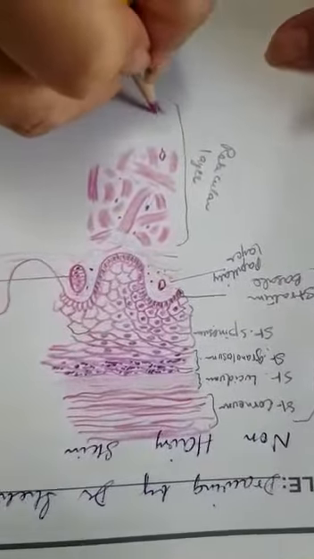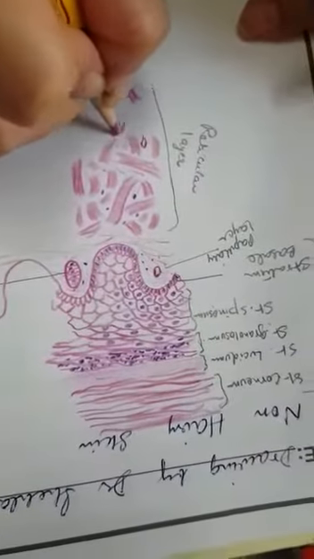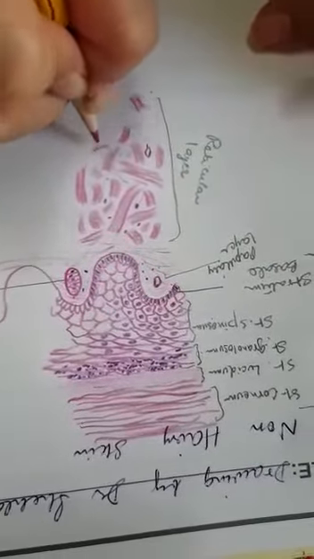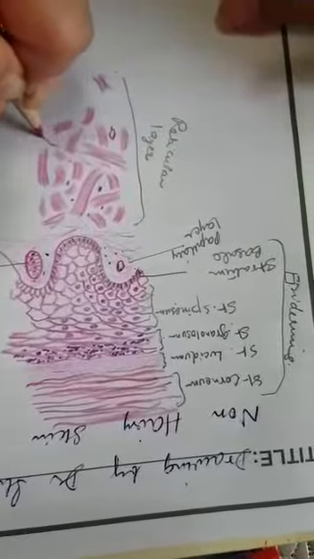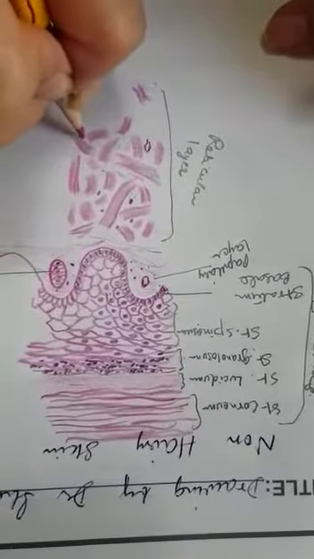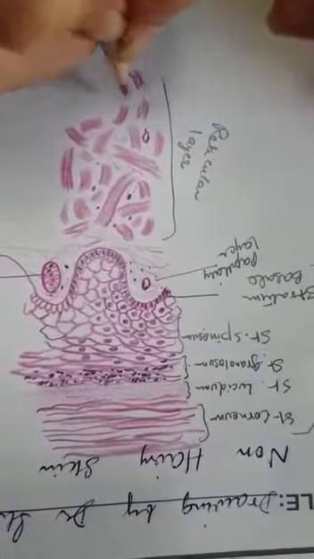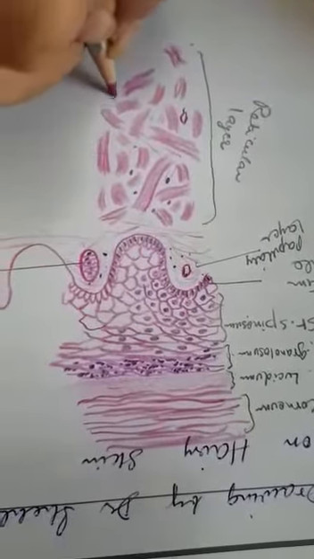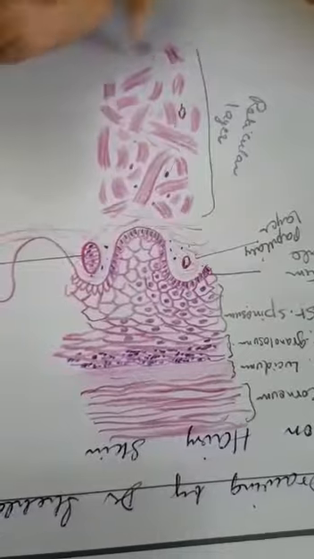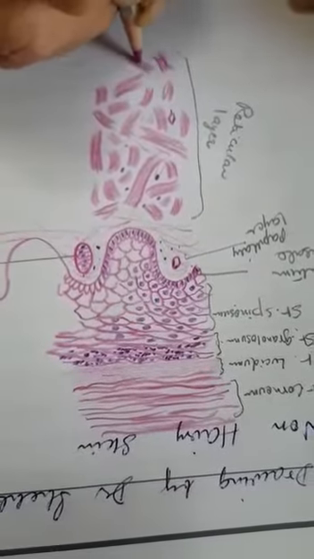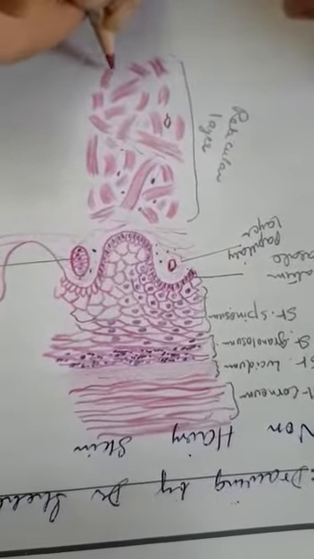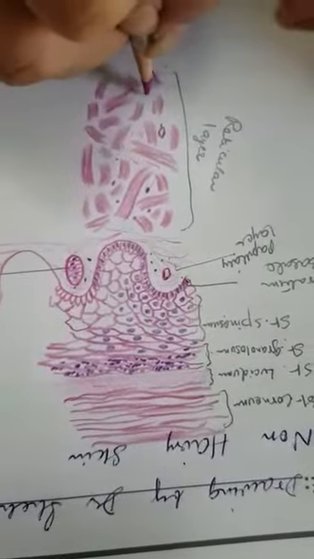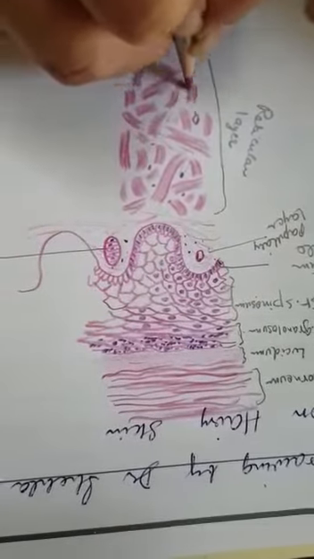When you draw an outline of these fibers, just fill it up with this pink shade, that will give a beautiful appearance to your diagram. So draw them in different directions. They are of variable length, variable thickness, but they should be neatly drawn. I am making them in a hurry, but you will draw them properly.